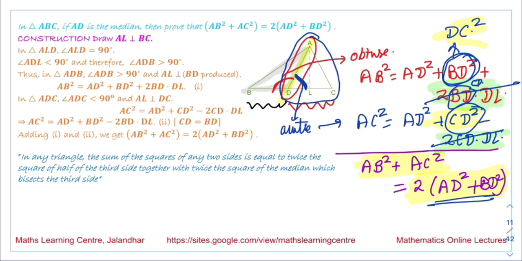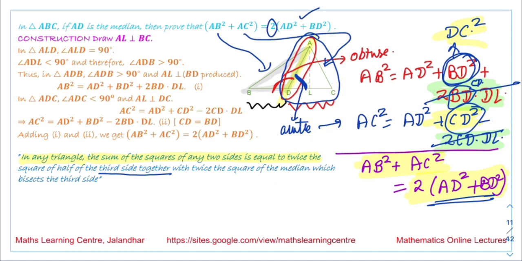So this result can be stated in the form that in any triangle, the sum of the squares of any two sides, we are talking about AB square plus AC square, is equal to twice the square of half of the third side together with twice the square of the median which bisects the third side. This we are talking about, the square of half of the third side,